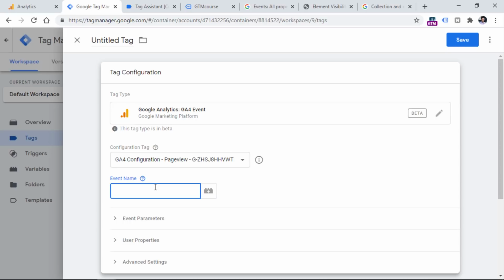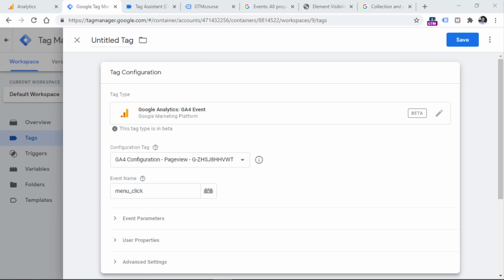All lowercase letters and words are connected with the underscore, something like this. If you enter some uppercase letters or some spaces, that will work fine as well. But the data looks a bit more structured and cleaner if you follow the naming convention, the actual principles of naming of Google Analytics 4. So that's why I would recommend entering all lowercase and connect it with the underscore. This is also known as snake case.